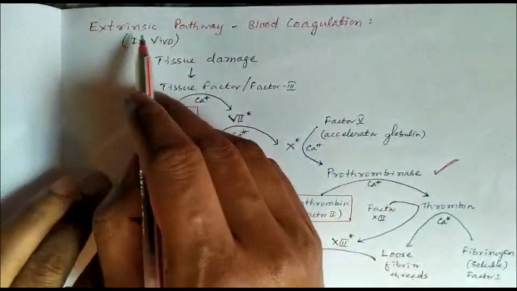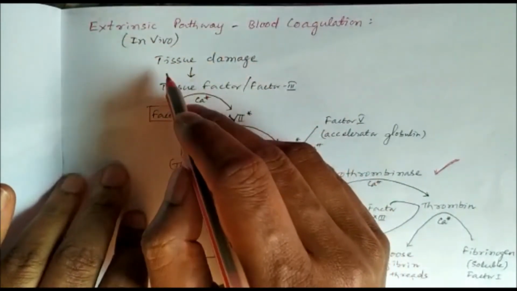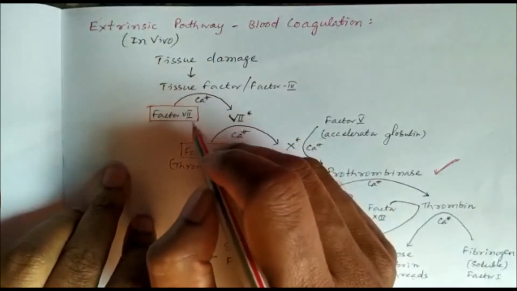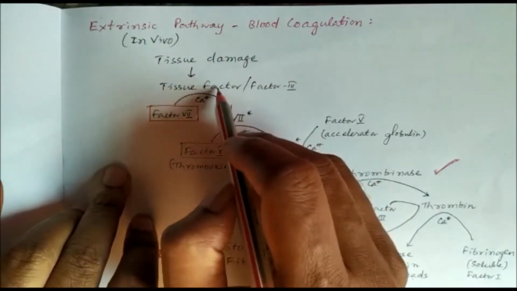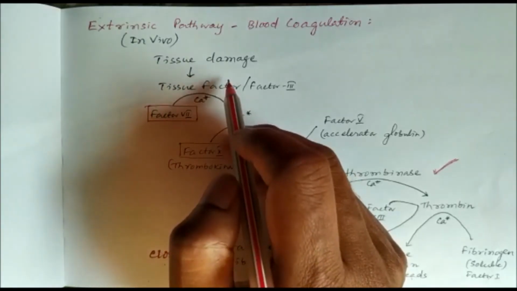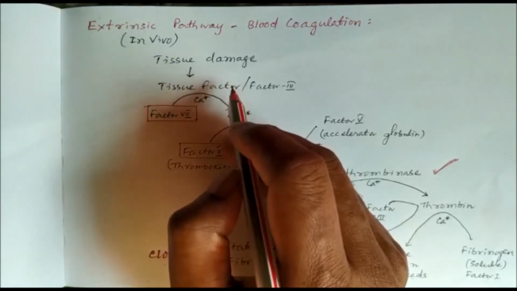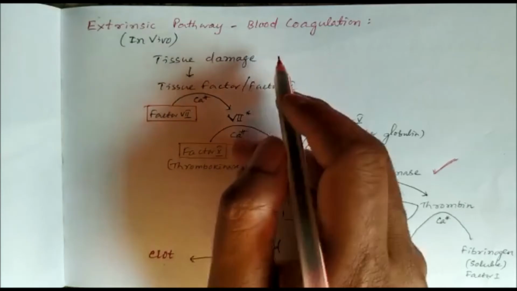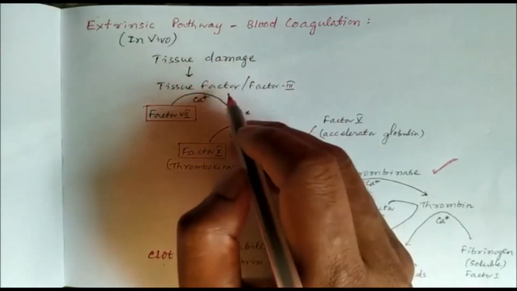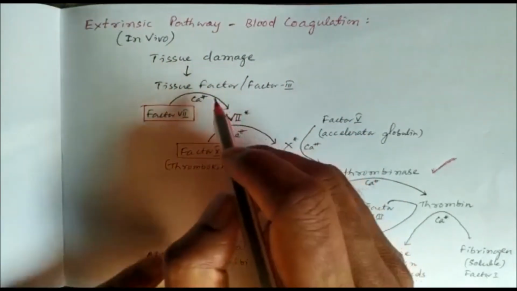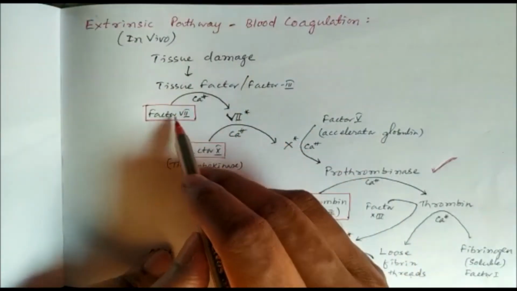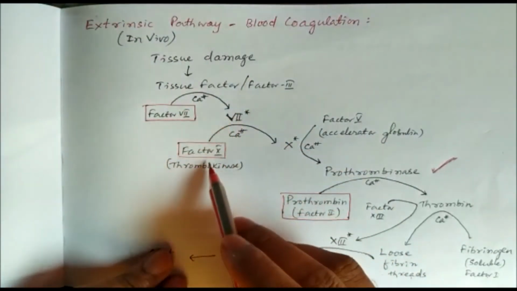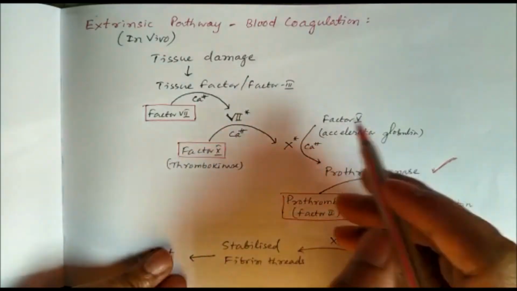So it is the extrinsic pathway because the blood and blood vessel are not involved. The tissue factor is released from the cells outside the blood vessel and leaks into the blood to activate this pathway, so it is called the extrinsic pathway. This tissue factor now activates factor 7, then factor 7 activates factor 10, then factor